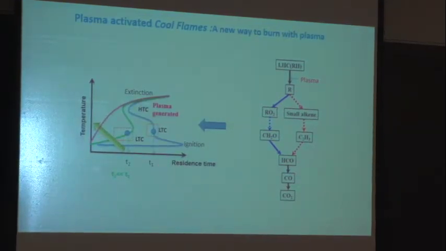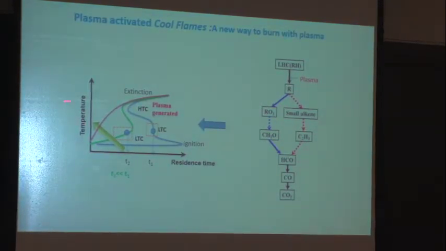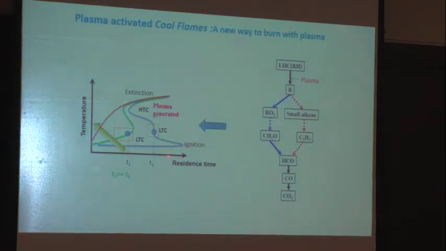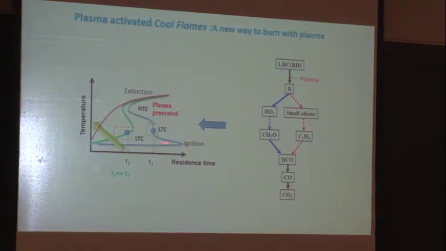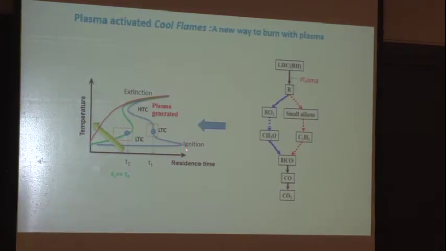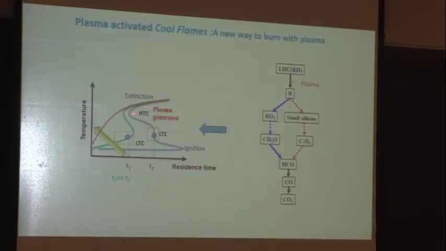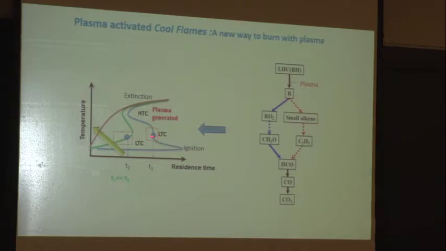this is the ignition diagram. This is temperature, and this is the residence time. If a fuel has low temperature chemistry, you have a low temperature ignition, and you have an extinction, and between this you have a transition from low. This is the cool flame. This is how a cool flame transfers to a high temperature flame. This is basically the S curve expanded into a